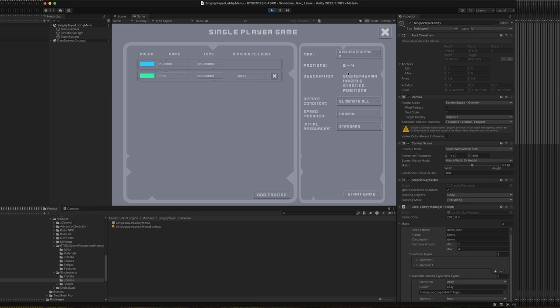Right, so demo scene prep, that's my one, my random one. As you can see, we've got a maximum of 2 to 4 factions. This was a 6-player, a 6 spawn point map. It's now a 7, and it doesn't matter if that's on there or it's random. We've got 2 to start with, so we're going to hit that. I'm going to start the game,